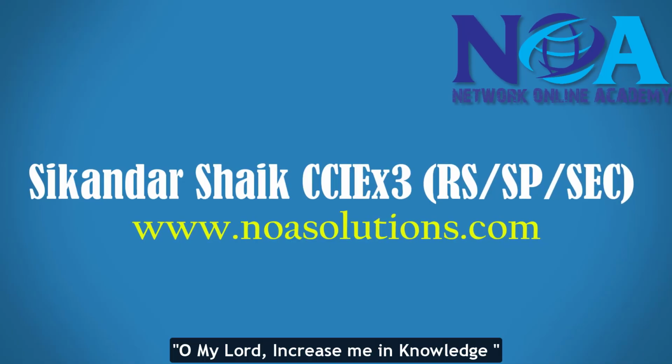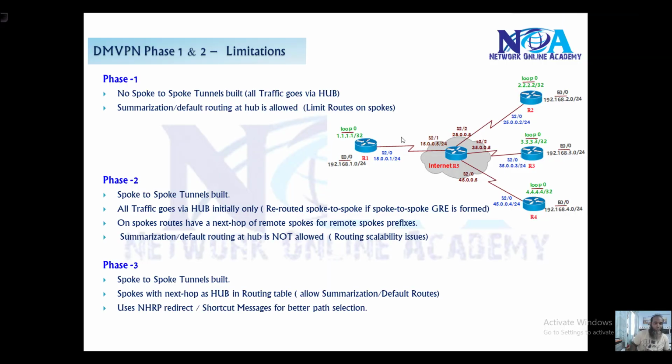رب زدني علما. So next thing we'll see the phase 1 and the phase 2 limitations. So because of these limitations, again we are using something called phase 3. So in order to understand the phase 3, we need to know the basic advantages and the disadvantages of the